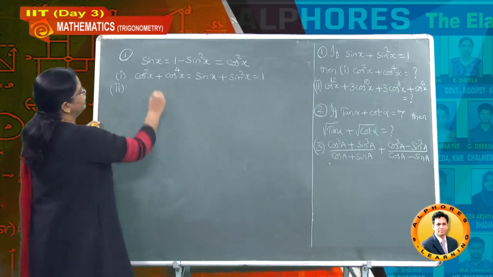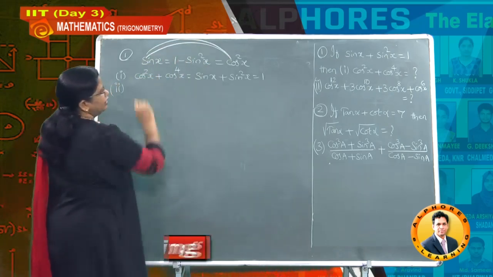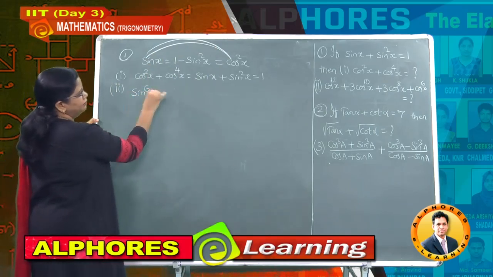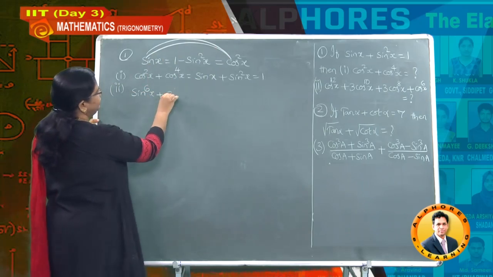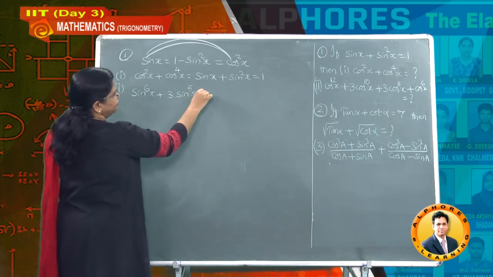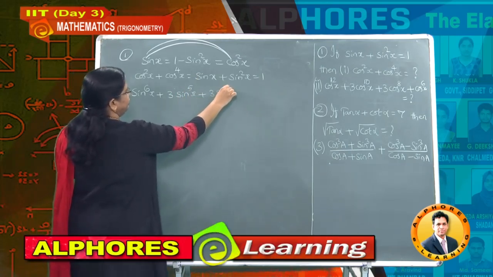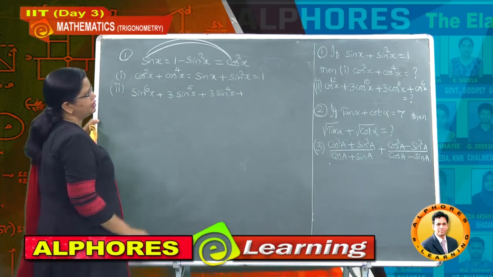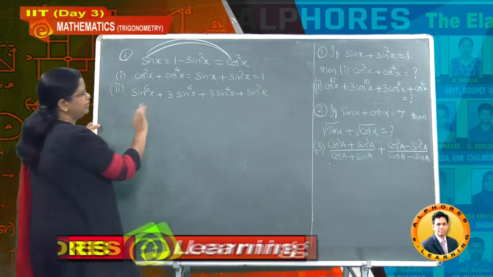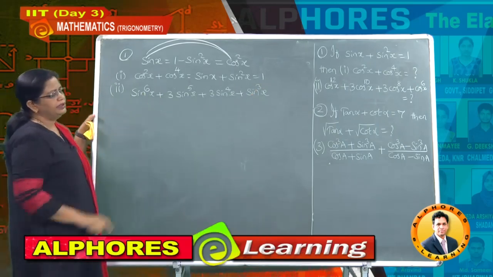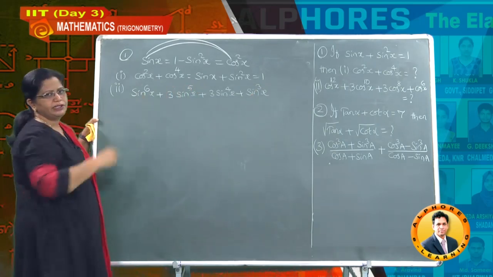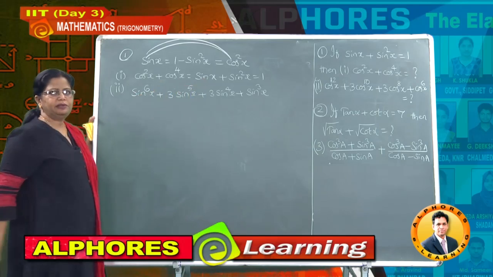Cos to the power of 12, based on the same condition, will now become sin to the power of 6x, and plus 3 times cos to the power of 10, that is here sin to the power of how much, 5x, and plus 3 into this is sin to the power of 4x, and plus this one cos to the power of 6x. Now you can write sin cube x. So in this way, first I converted completely all the terms, because I am reducing powers, those which are 12, 10, etc. Now here you can reduce the powers.